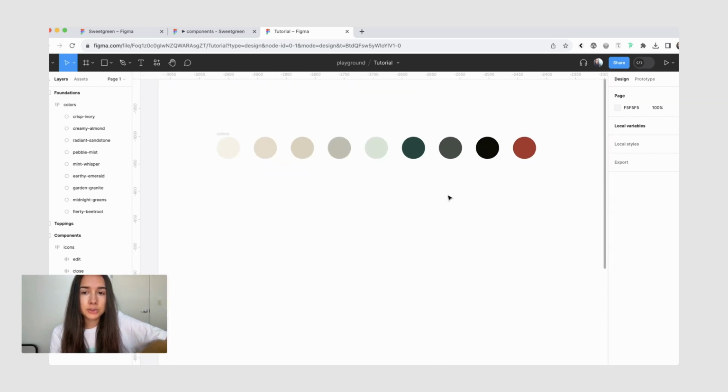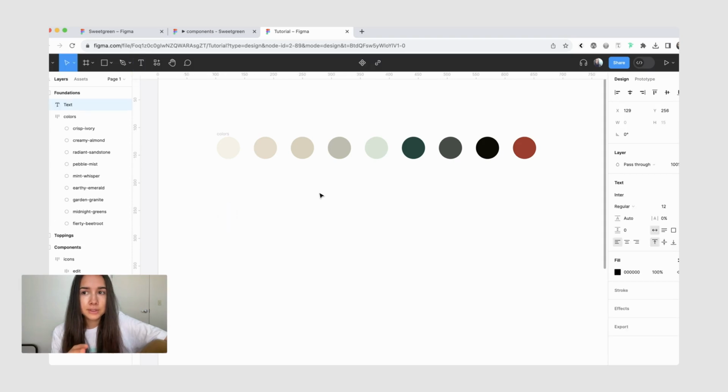And the next thing I'm going to do is add a couple of text styles. So I think we'll just have 3. So in the app and on the website, I think their typeface is called Sweet Sans. And I don't have that. As a replacement, I'm just going to use one of the Google fonts. I'm going to use Montserrat. It definitely does not look the same, but I think for a tutorial, it's good enough.